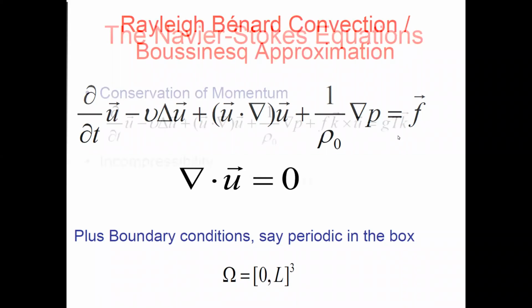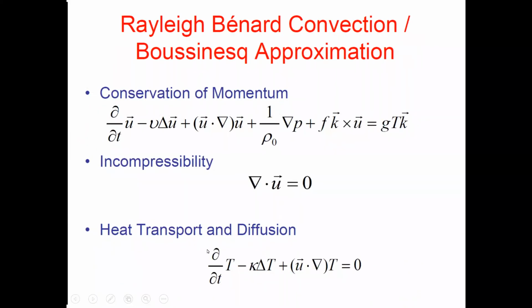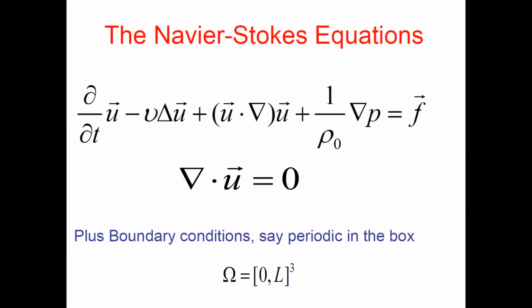The reason is because if you look at the temperature equation here, usually if you have existence, so for short time, for sure we have strong solution, then temperature satisfies the maximum principle because it's diffusion and transport, and therefore the temperature is bounded. As a result, you can think here as if you are forcing the Navier-Stokes with a bounded force. And what happens for this equation? Even in periodic boundary condition, we still do not know about the regularity of the Navier-Stokes.